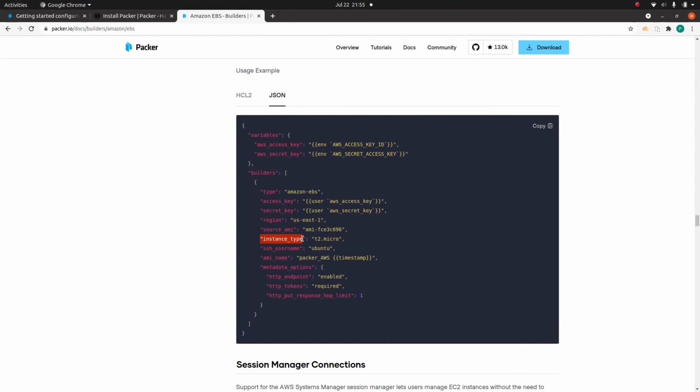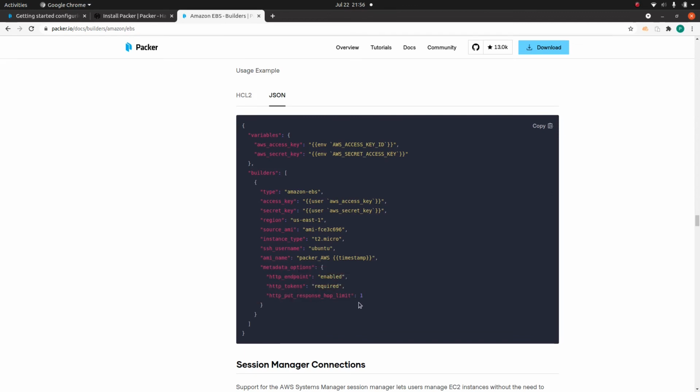When you build an AMI, behind the scenes Packer is going to spin up an instance using this AMI, and out of that instance it is going to create an image for you. Then you need to specify the username through which Packer is going to connect to that instance, and then the name of the AMI that Packer is going to create, and then some metadata options.